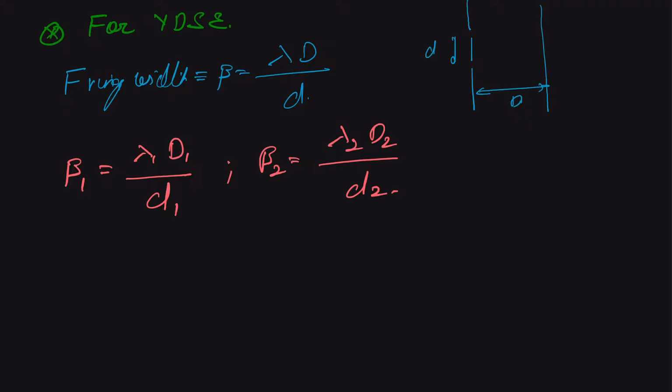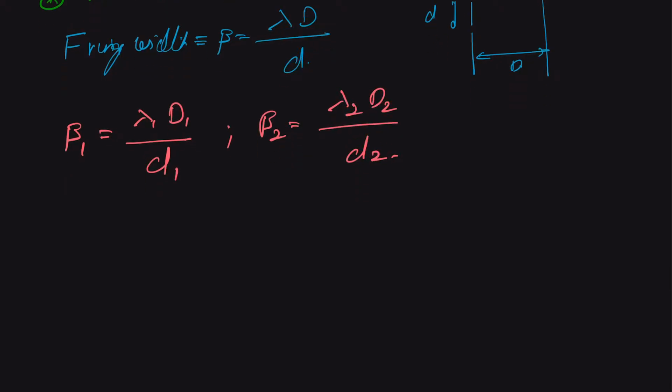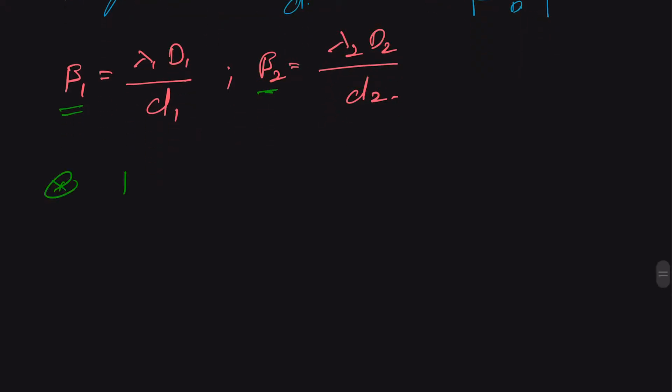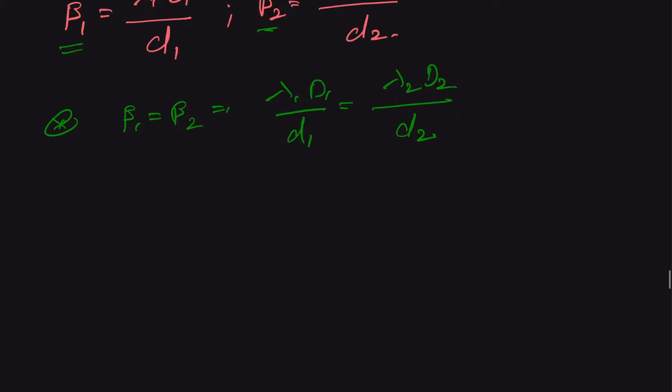Okay. And we are given that the fringe widths are equal as per the setup. So we can say that our beta 1 is equal to beta 2, which gives us lambda 1 D1 upon d1 is equal to lambda 2 D2 upon d2. So we can rearrange it, and we can get this as D1 upon D2 is equal to d1 upon d2 times lambda 2 upon lambda 1,